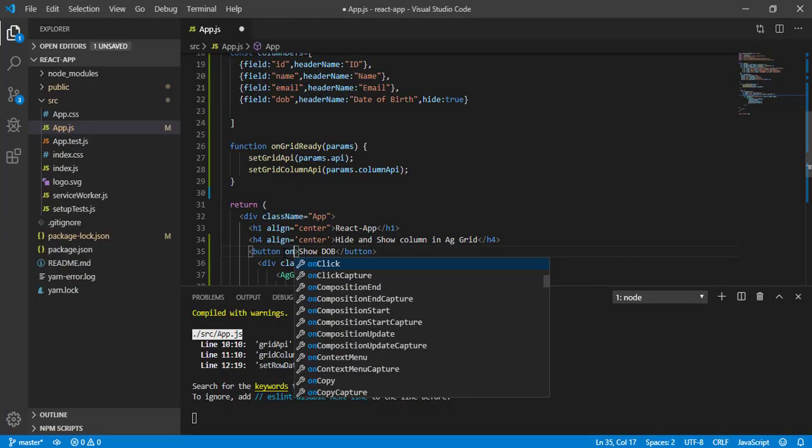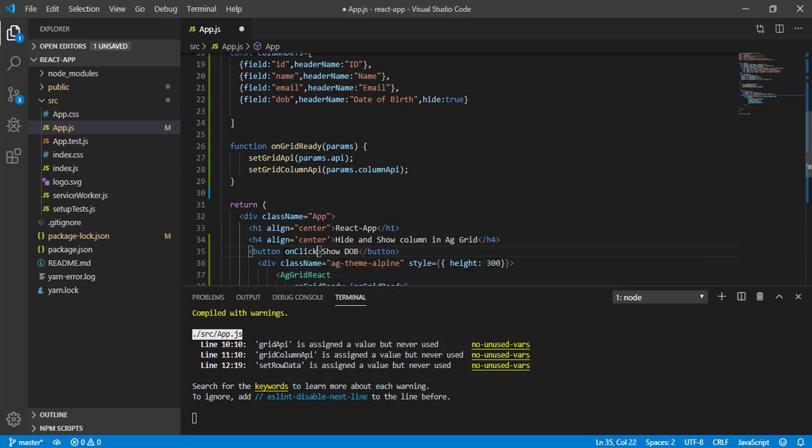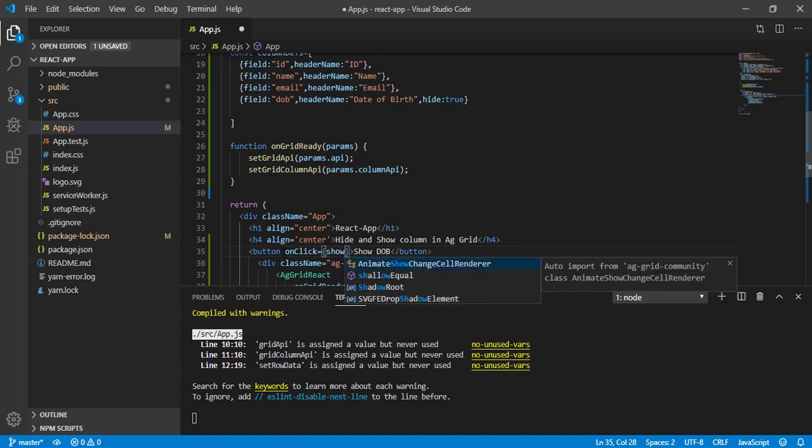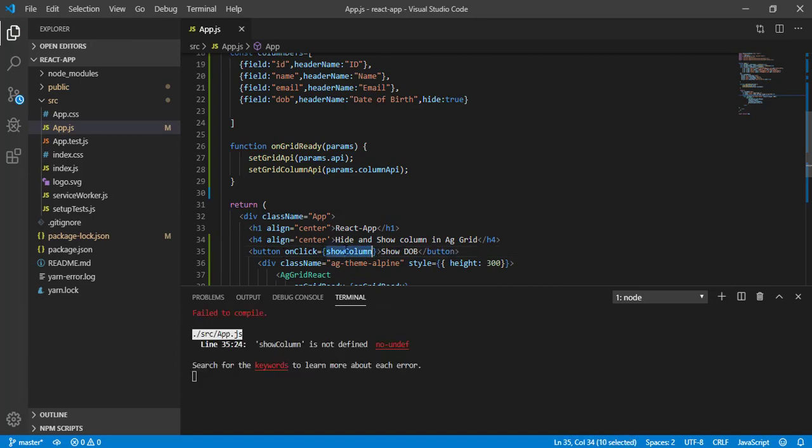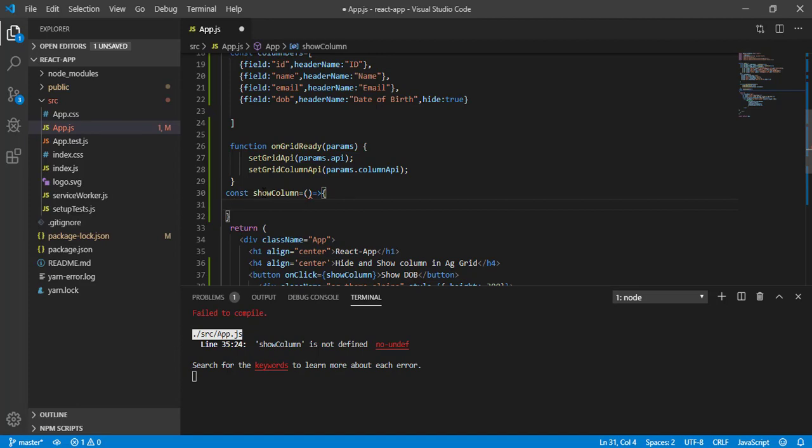Let's write onClick, and this is going to take a function. Let's define a function and call it showColumn. This function doesn't exist, so let's create this function here, and now this function will be getting called.